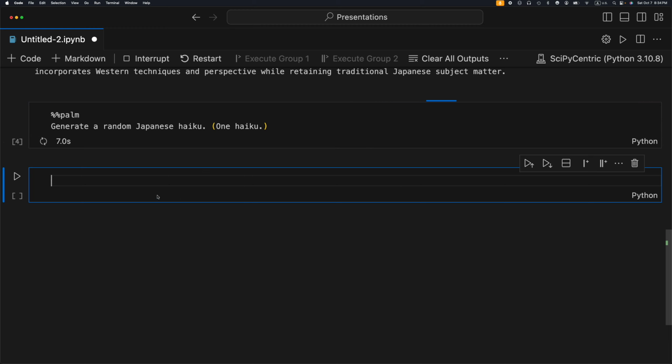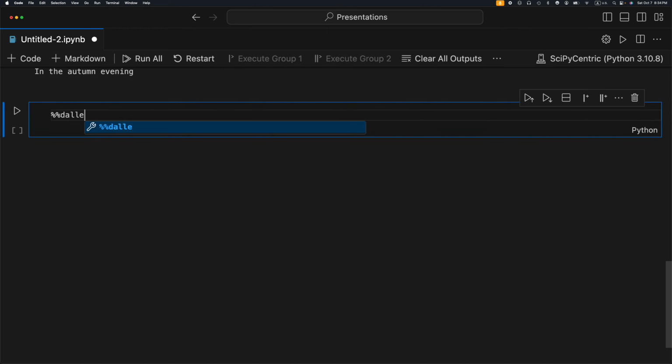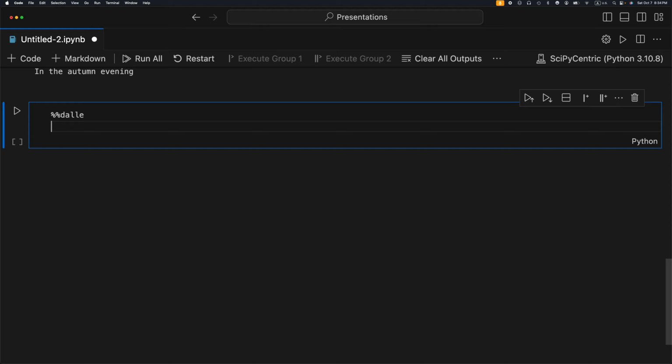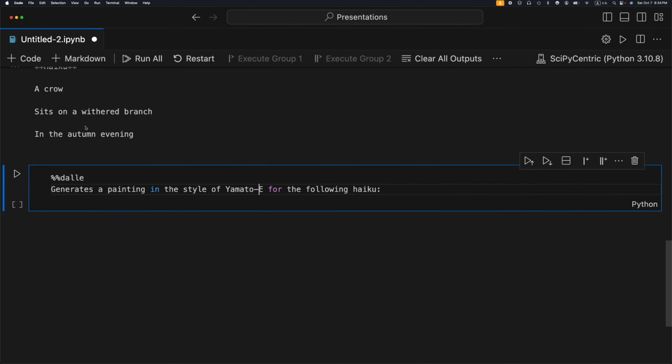All right, so when the haiku is being generated, I am going to use it and generate a painting with it using DALL-E. So it's taking way too long. Okay. Yeah, fair enough. So DALL-E is image generation service provided by OpenAI. So I'm going to dictate again. Generate a painting in the style of Yamato-e for the following haiku. And yeah, I think I read it correctly, Yamato-e, right? So here for the haiku,